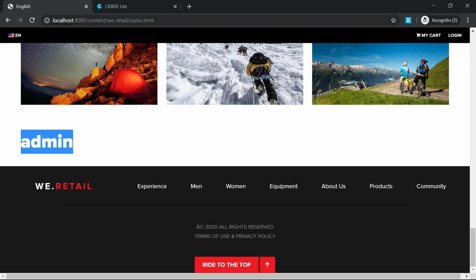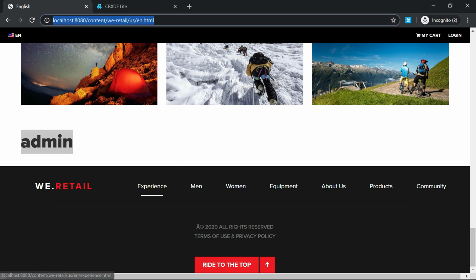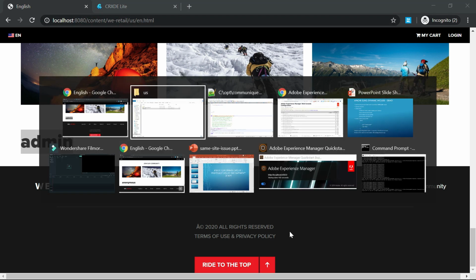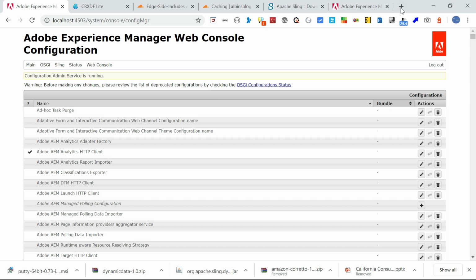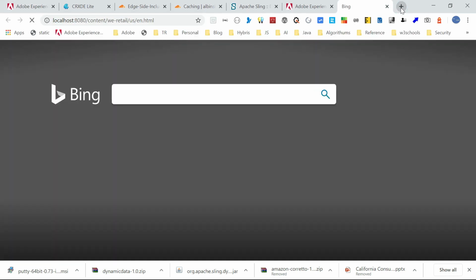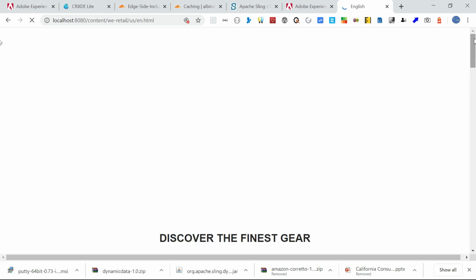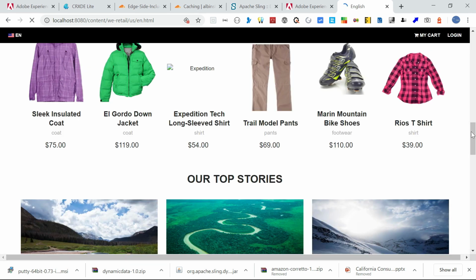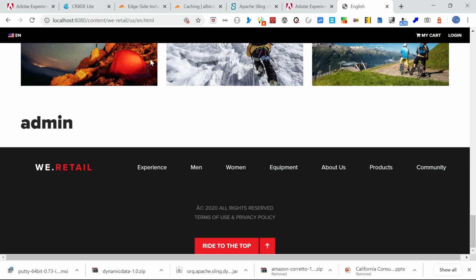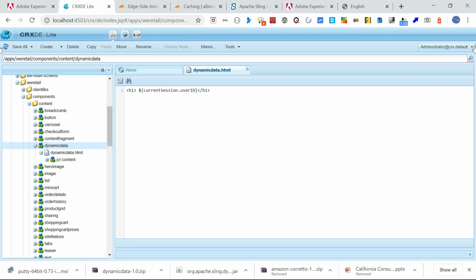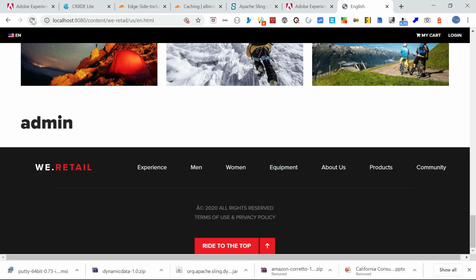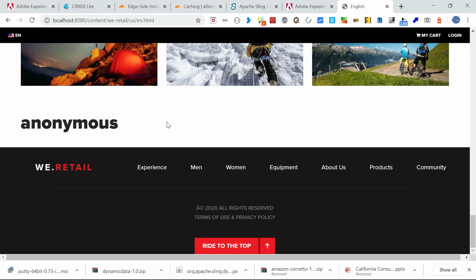But if I go to a different browser where I am not logged in, at the same time I will be seeing something different. Here it shows admin because I already logged in, so maybe I can log out. Okay, yeah, it's anonymous. It's working as expected.